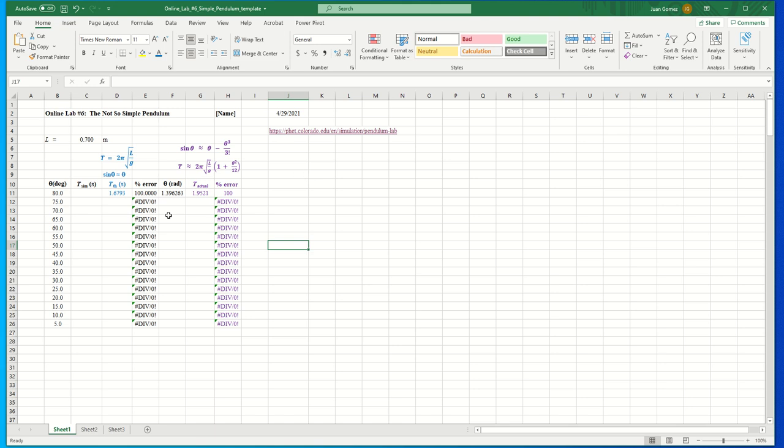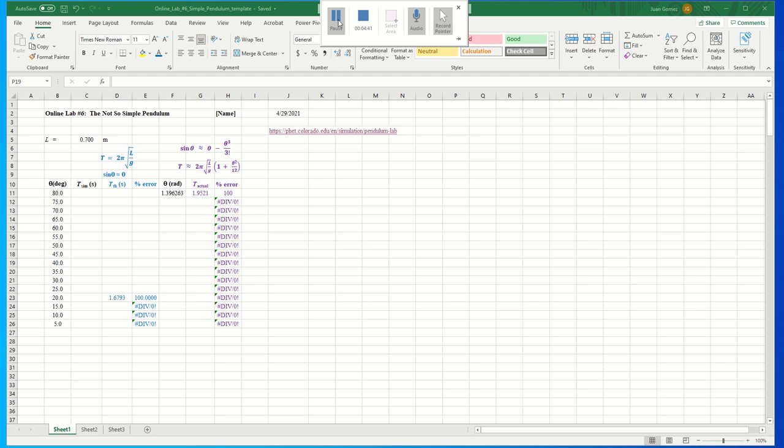And so what we're going to do is calculate the period, use it for all of these angles. Actually, probably we don't need to. In fact, let me pause this for a second. Okay, so what we're going to do is